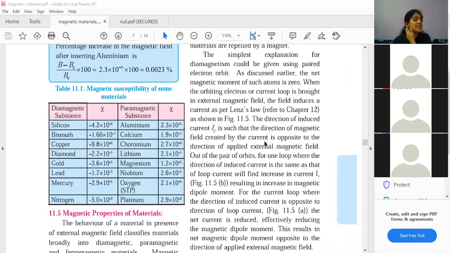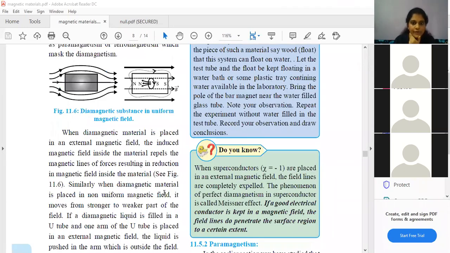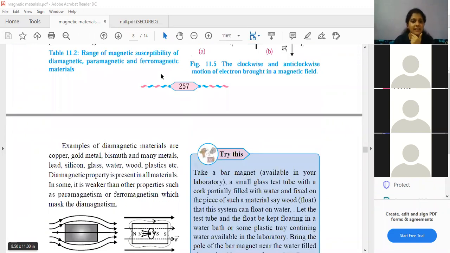Students, okay, so this was pretty much diamagnetism. All right, I think we covered everything over here. Okay, fine. Yeah, here just one part is there. What are the materials that are diamagnetic? So you all have to remember the examples: copper, gold, bismuth, etc. Okay, basically all the materials that are not magnets, because diamagnetic material moves away from the external magnetic field. Okay, anything else to remember over here? All right, nothing else. So students, we are done with diamagnetism.